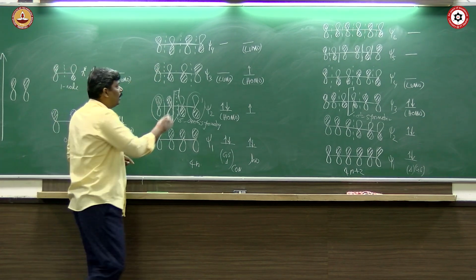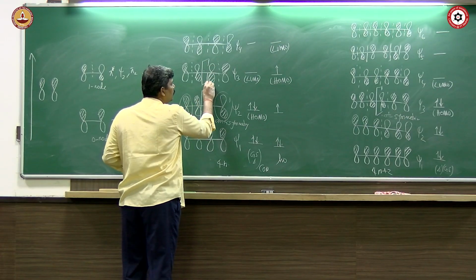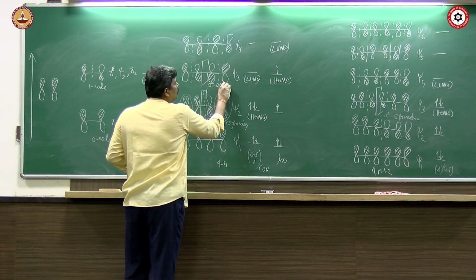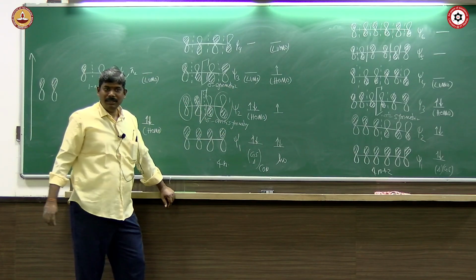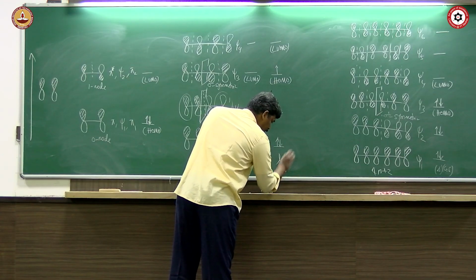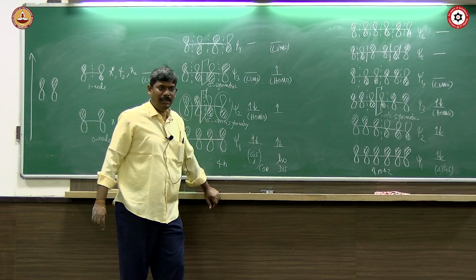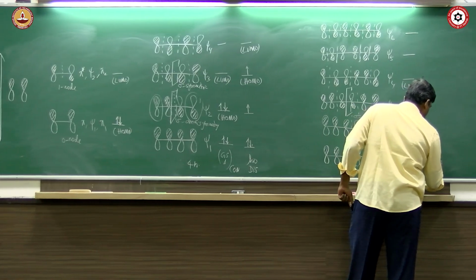Sigma symmetric, correct, right? So, you have a sigma plane here. So, this is sigma symmetric. If this is sigma symmetric, it means a disrotation, perfect. Alright. Let us come to this again. The same here under the photochemical condition,